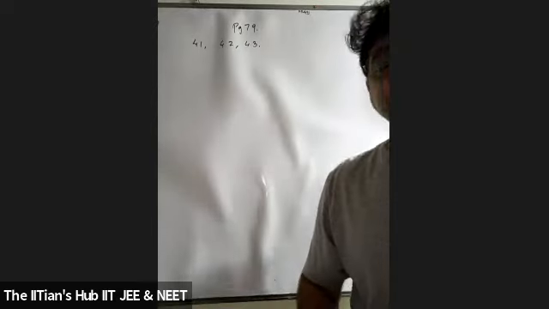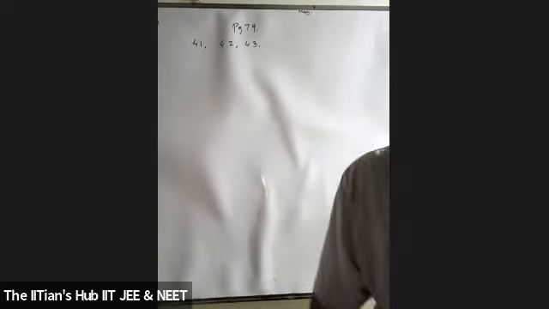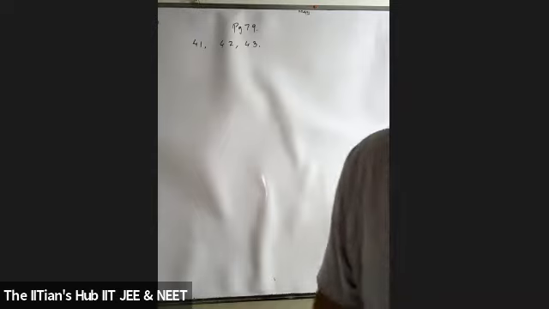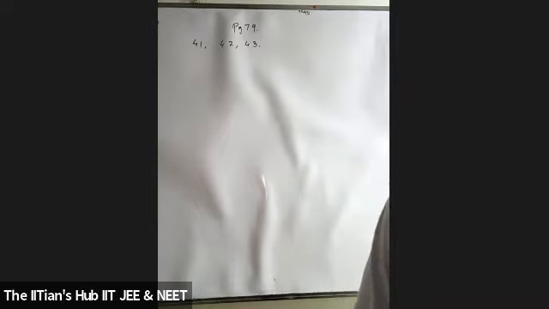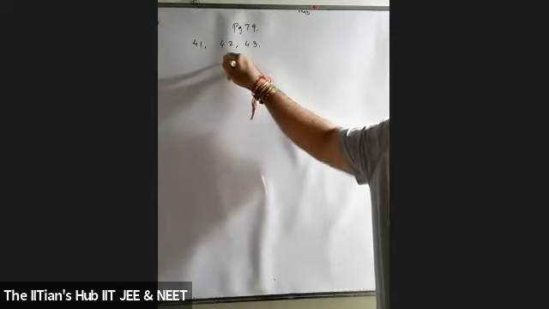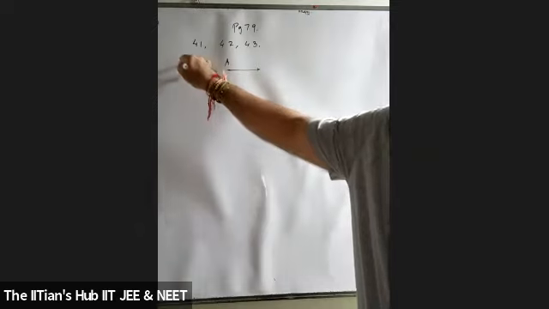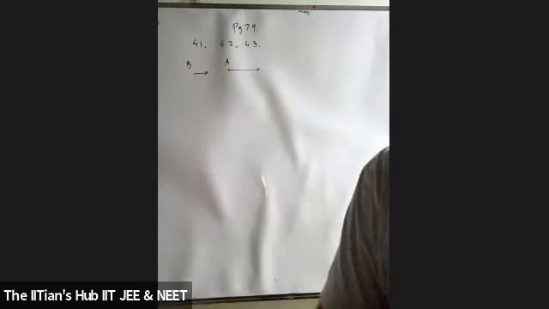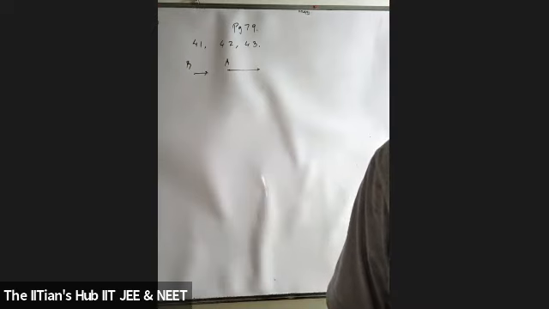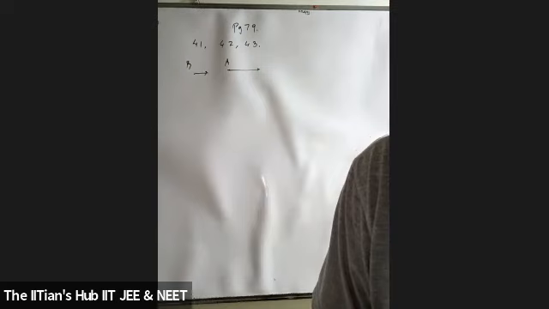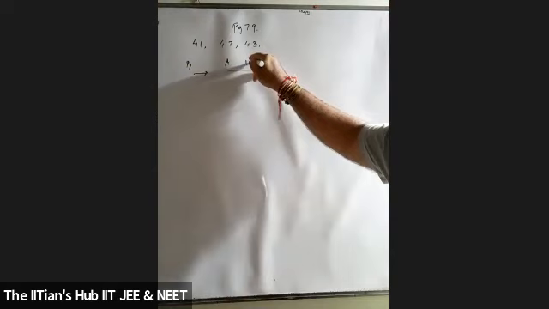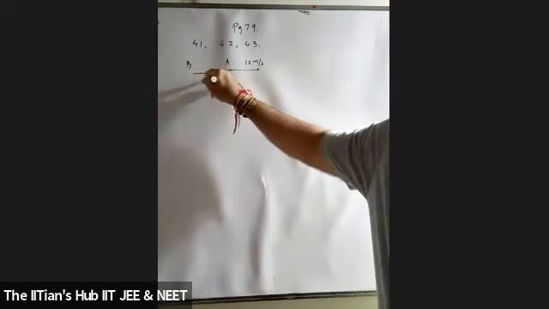Yes, anyone? So the 41st question speaks about a car A moving with 10 meters per second on a straight road, ahead of car B, we consider. So your 41st one, students, A is ahead of B in this case. They've given you that it's moving ahead of car B, moving in the same direction, at 6 meters per second. So this is 10 meters per second and this is 6 meters per second, students.